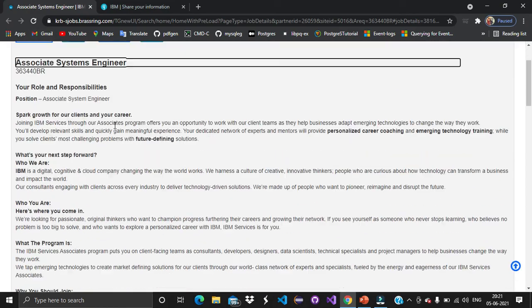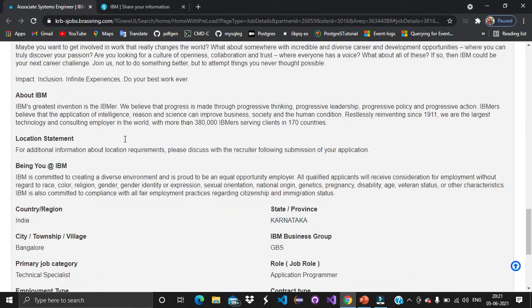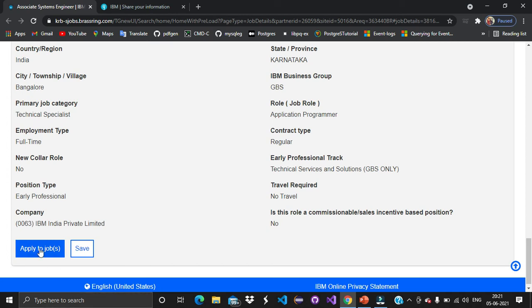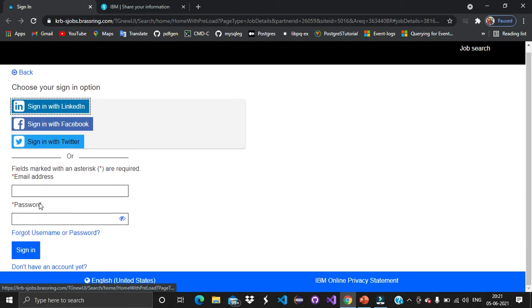This is the first link where you want to sign up, and you want to get the reference number. You should give the email address and password. Inside they will ask some basic information like a resume and your name. These are the basic information they would ask to apply in this IBM Careers portal. After that, you will receive the reference number in your mail inbox.